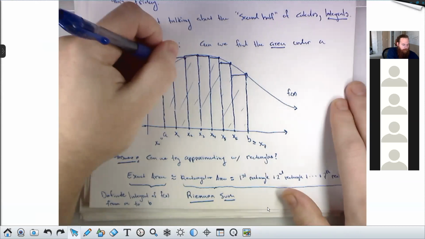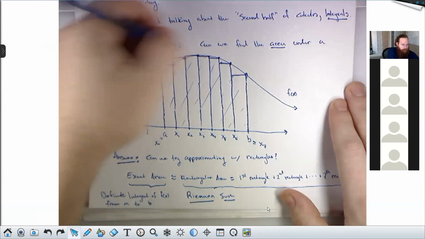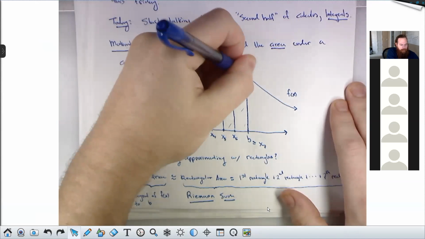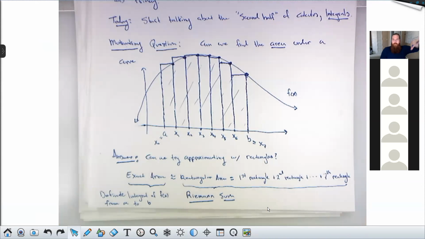So first off, I want to deal with Angelica's question or comment there. This kind of looks like a combination of both pictures, right? But that's because in those pictures, the function was increasing everywhere. But you'll notice that this rectangle, his height is determined by the value at the right here. Yeah, the height of the function at the right side. And the same is true for all of these. If you ask, where does this height come from? They're all coming from the right endpoints. So even though over here we're underestimating and over here we're overestimating, they're still both right-hand Riemann sum rectangles. That's a good observation.